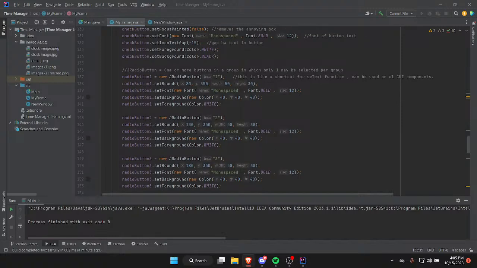One thing you should know, every time that you select one of these choices, it's actually triggering an event, and we can use our action performed method to detect which button was selected. So within our action performed method, we can place a simple if statement. If e.get source is equal to, let's begin with our pizza button. If somebody selects the pizza button, then they get pizza. So let's do a system.out.println